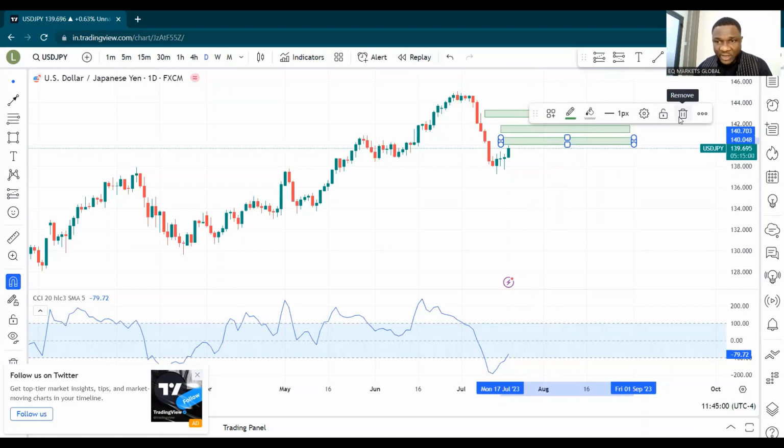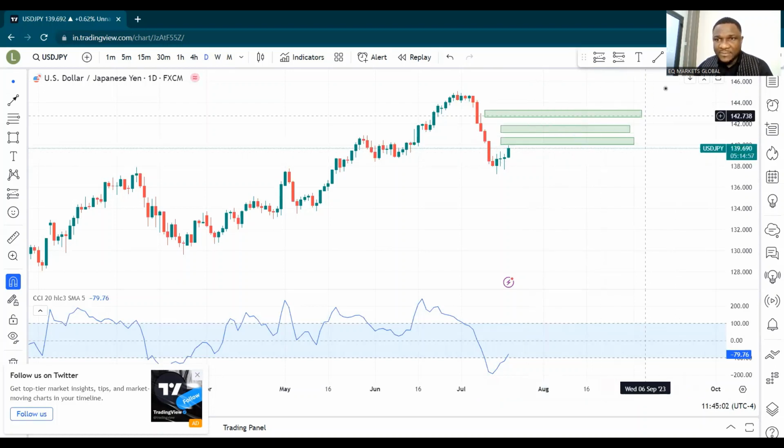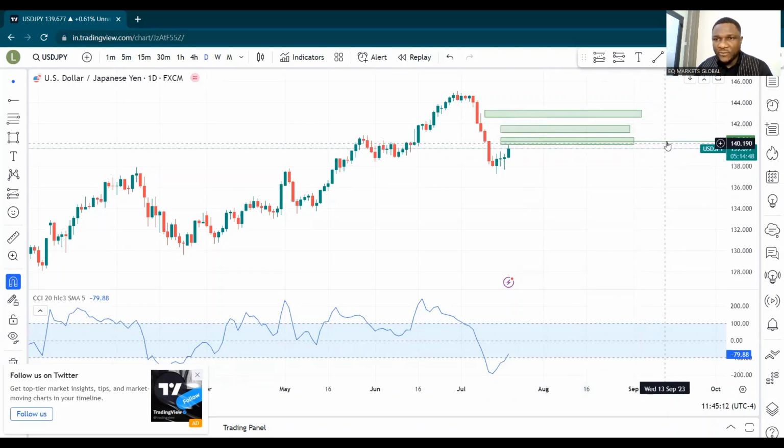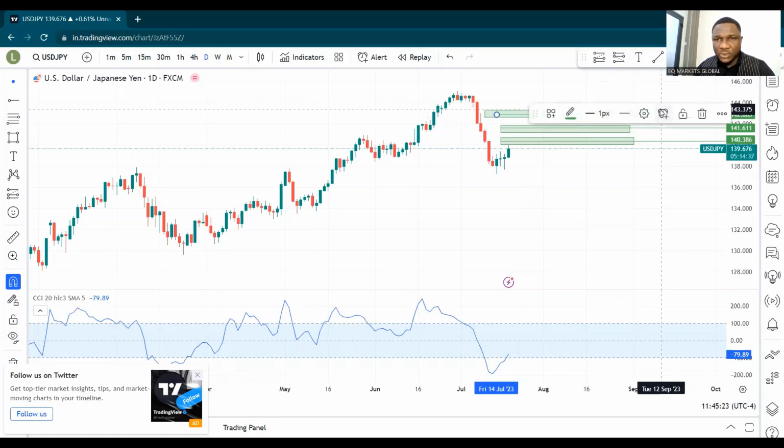But that's still one of the areas I'm looking at, right? This particular area is still one of the areas that I am looking at, guys. So don't get it wrong, yeah? Okay. That area is one of the areas that I am looking at. And of course, this area as well is the second area I'm looking at. And of course, I have this third area as well as the area that I am looking at.